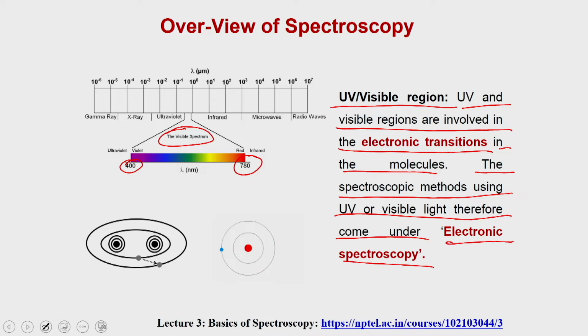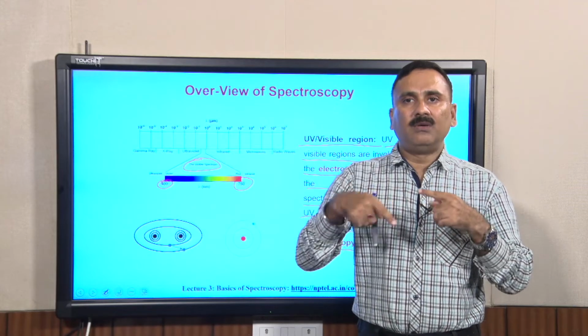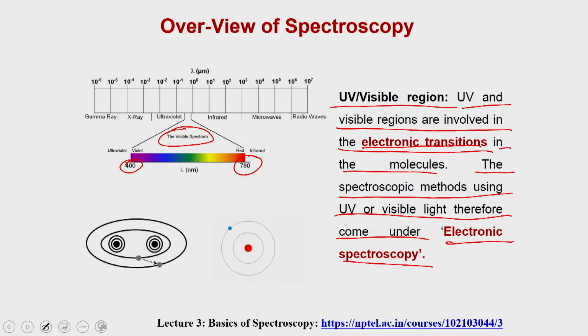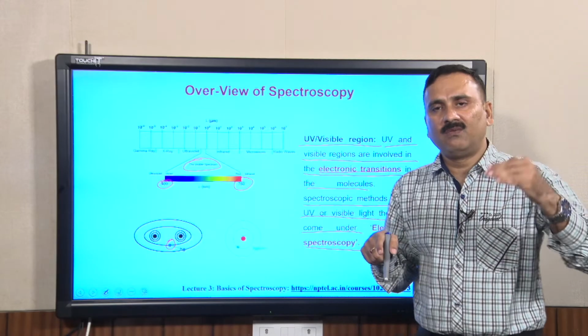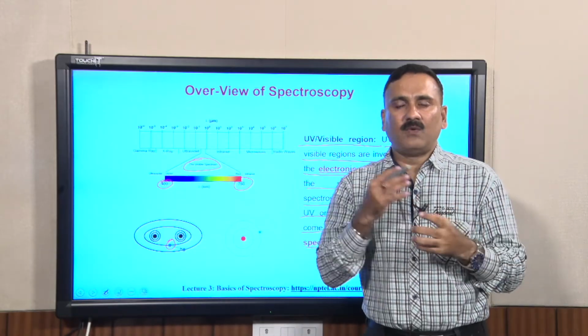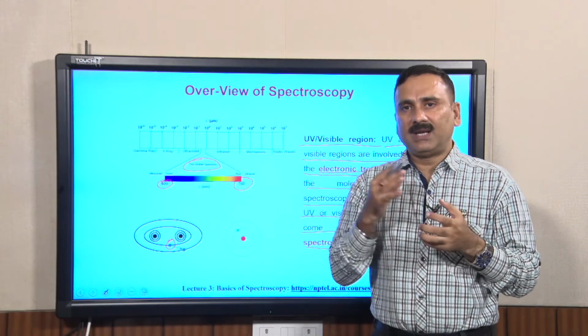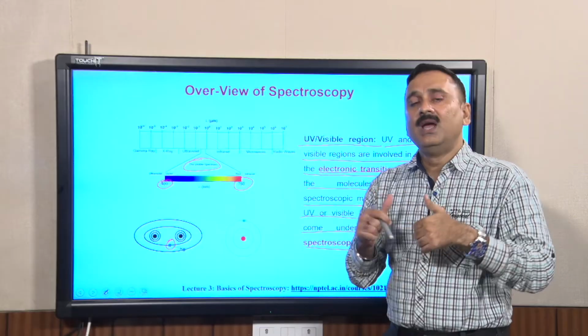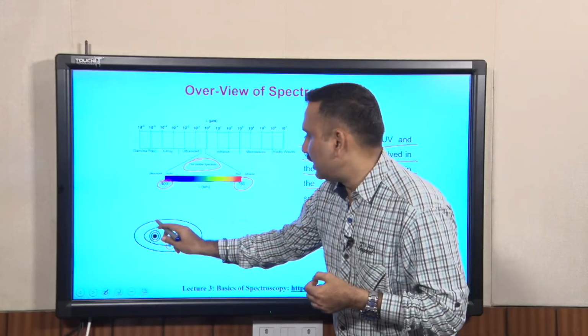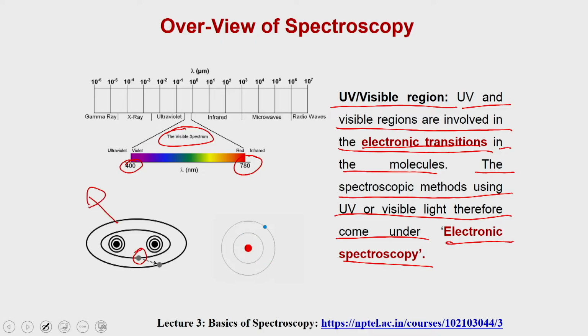What it means is that it is going to study how the atoms and molecules have electronic transitions, which means how the electron is making a transition within the atom, going from the low energy state to the high energy state and from the high energy state to the low energy state. That can be studied with the help of UV visible spectroscopy, and it is going to give you, indirectly, information about who is the neighbor present next to this particular type of